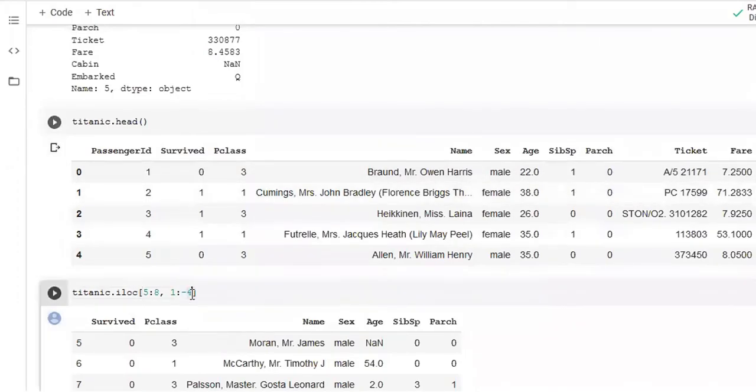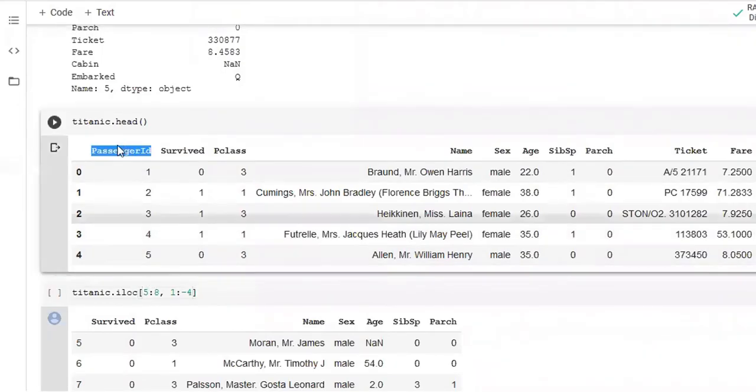Sir, is there a way we can arrange these columns according to our own sequence in the data frame? Yeah, that we will see when we reach modifying the data frames. We can do that. Presently it is from 0 to 4, and 0 has already been assigned to Passenger ID. Whatever your data frame is, it's going to stay like that. You can change your data frame, then the number associated with that column is going to change.